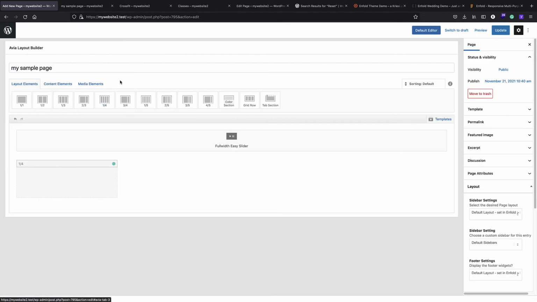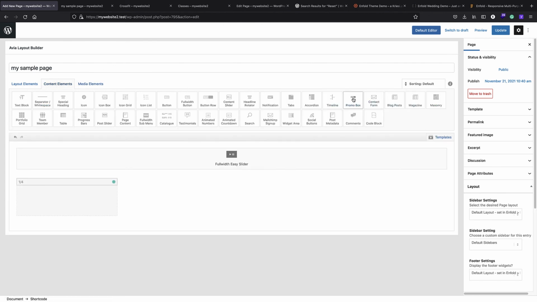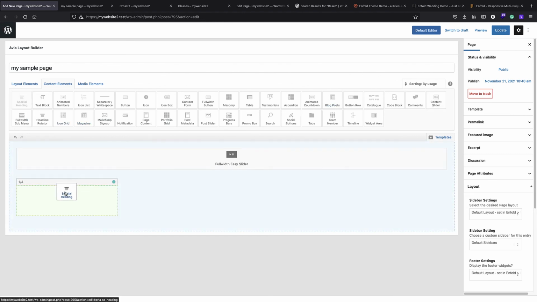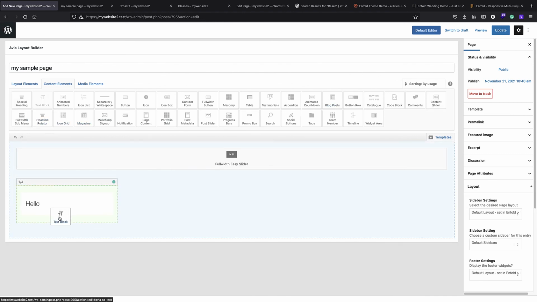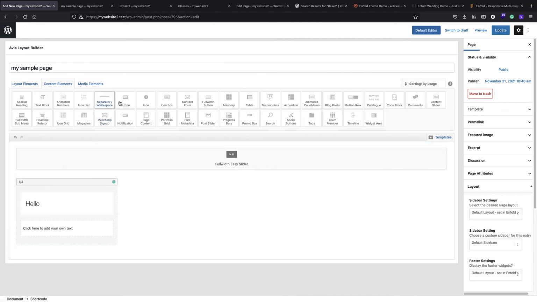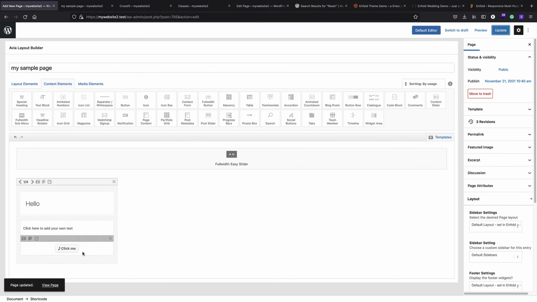I can just save it, and now I can just add media elements or content elements. So I can just sort them by usage, so it just brings more popular items, and then I can just add a special heading and text block and also a button, and I can just update it and visit it,